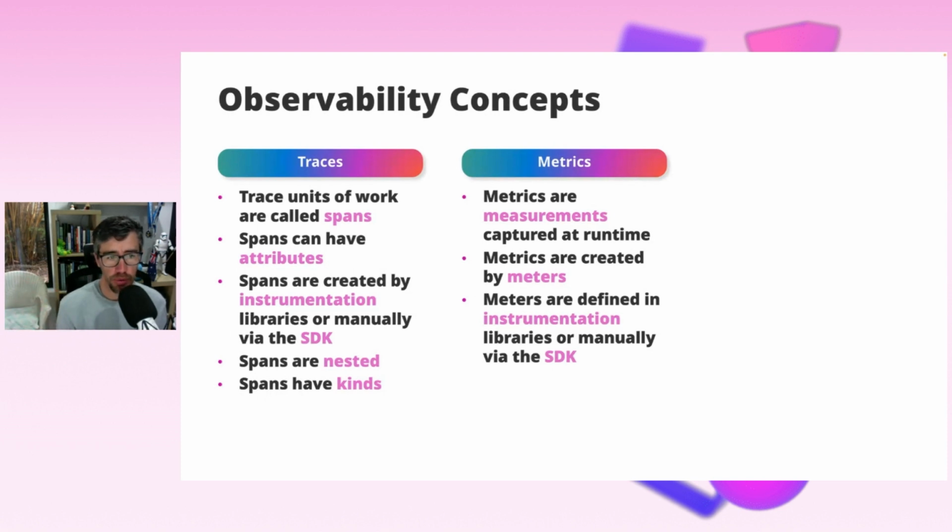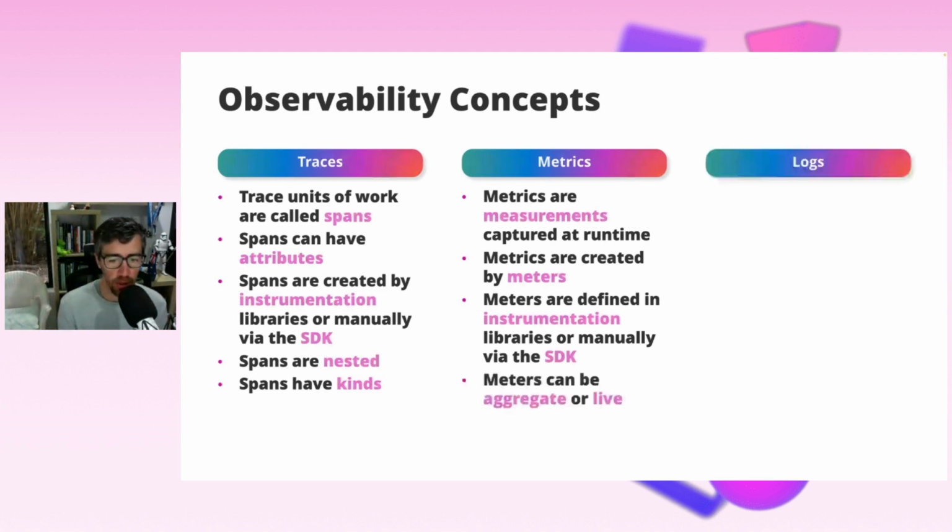So, for example, if you're looking at a trace, you might want to look at traces and metrics at the same time. If a user reported an issue with slowness or there was a particular crash, you'd see the span, you'd see the attributes and the exceptions and the errors that happened when the user made that request. But you might also want to see, at that time, what were the system metrics. Meters can be aggregate or live as well. And I'll show you both of those types of metrics.